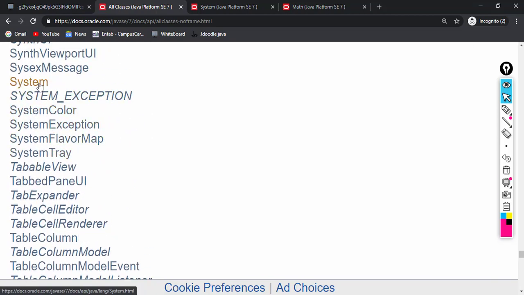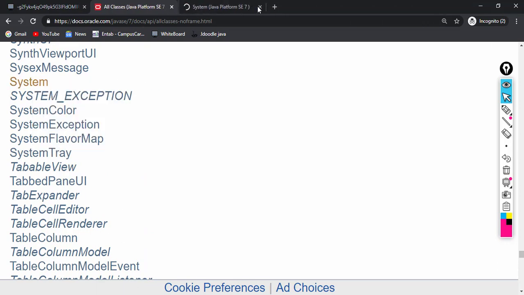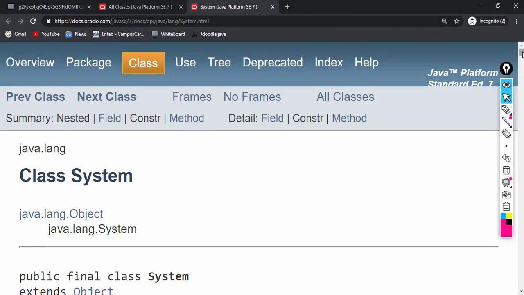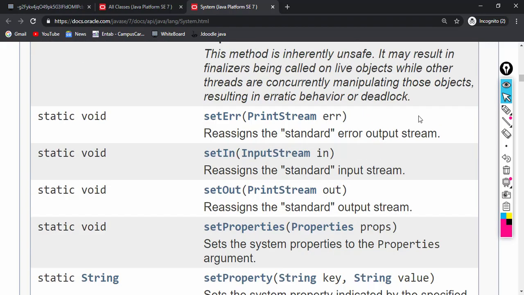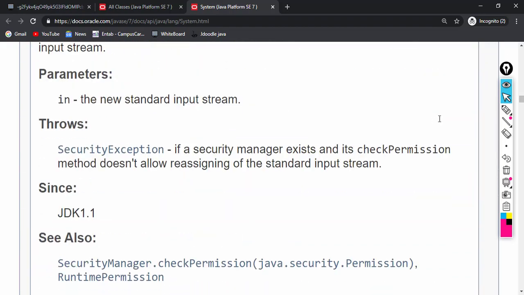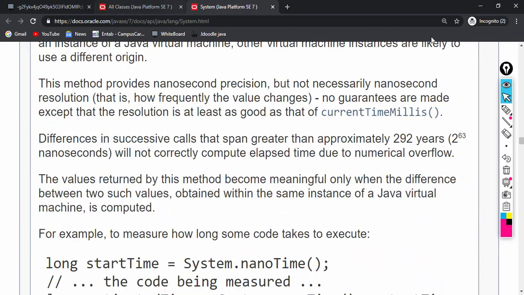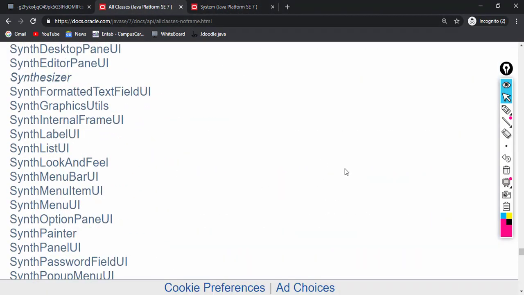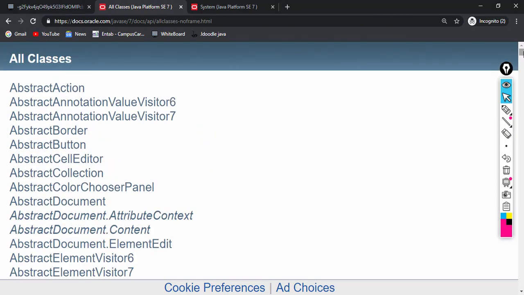Okay, here is our System class. Let's open this System class, and here is the complete description of the System class. I hope you are able to realize the vastness of the Java pre-written classes.